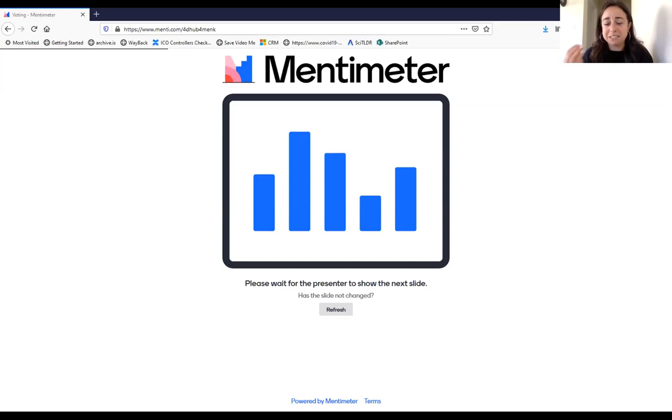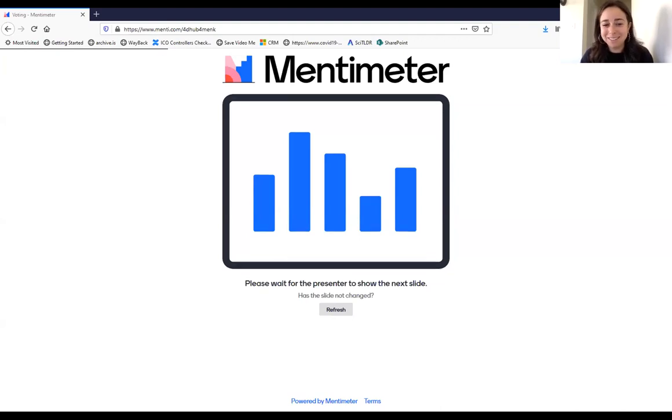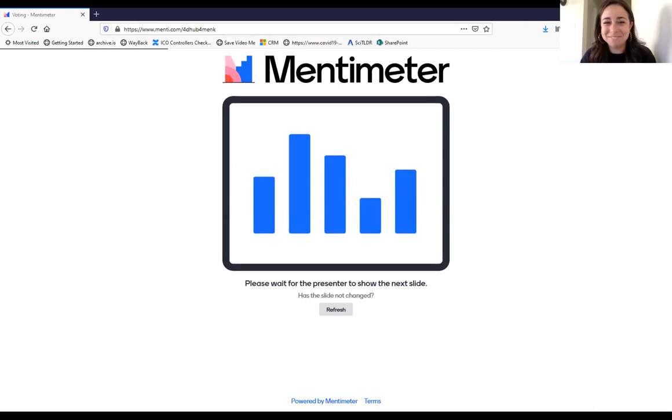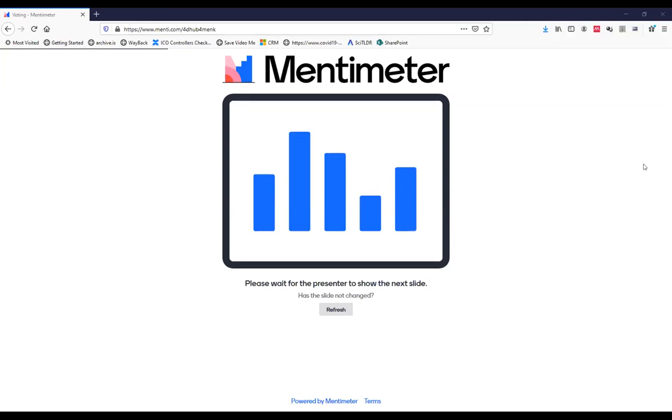Just to informalize, because this one would have been a lot better as a cloud, can anyone unmute if they're very familiar with Mentimeter? No one? I've used it before, Danny. If Ian stops sharing and you share your screen, maybe that will flip it around. It's not letting me advance so that you all see the next slide.